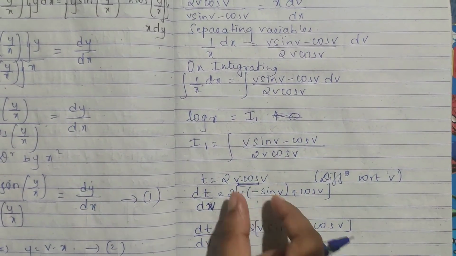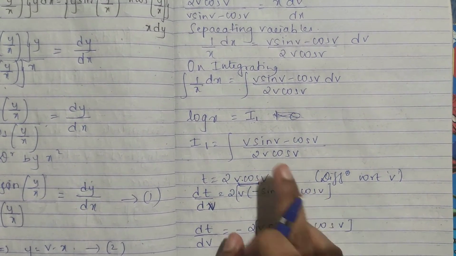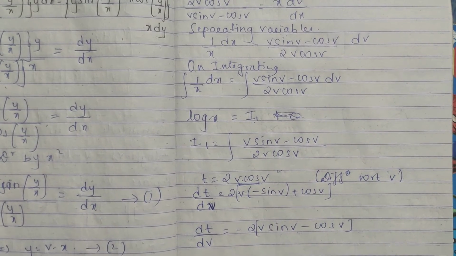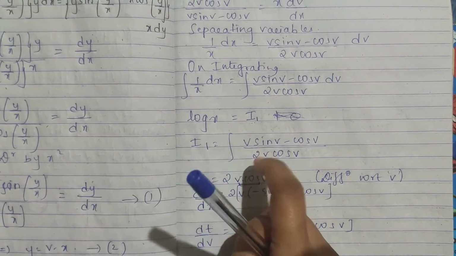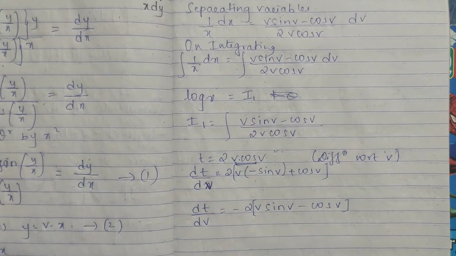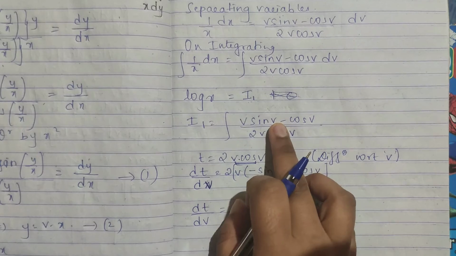See, whenever your denominator is what it is, in the numerator you are getting the same thing, but an extra minus 2 is there. Like this, if you want, directly you have to put minus 2 here, and then since such a form is there, you have to take it as log. This answer will be log of 2v cos v, directly you can take. So now we will substitute all these things in this.